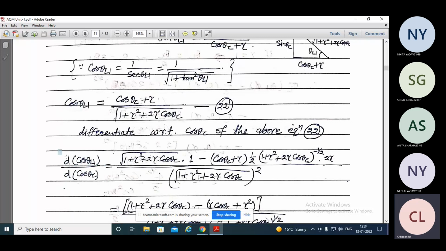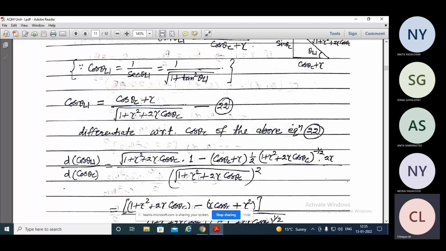ये जैकोबियन निकालने का एक तरीका है, जो आप मैथमेटिक्स में, मैथमेटिकल फिजिक्स में ऑलरेडी पढ़ चुके हैं। तो d cos theta L1 over d cos theta C. नाउ जो नीचे वाली टर्म है, ए बाई बी, हमें यहाँ पर ए बाई बी का डिफरेंशिएशन निकालना है, दैट मीन्स बी स्क्वायर। तो 1 प्लस गामा स्क्वायर प्लस 2 गामा कोस थीटा की अंडर रूट का होल स्क्वायर। नाउ 1 प्लस गामा स्क्वायर प्लस 2 गामा कोस थीटा सी, और कोस थीटा सी के रेस्पेक्ट में डिफरेंशिएशन करें, इसलिए 1 माइनस कोस थीटा सी प्लस गामा।